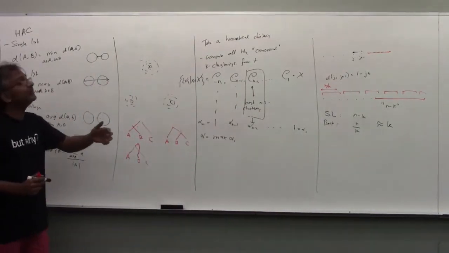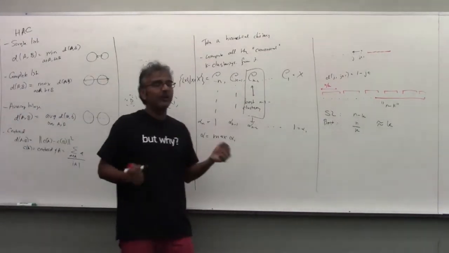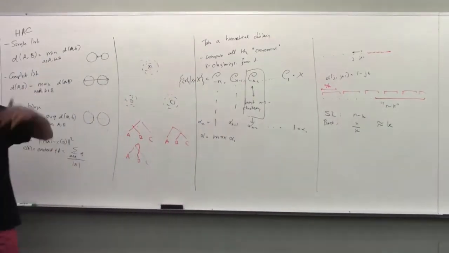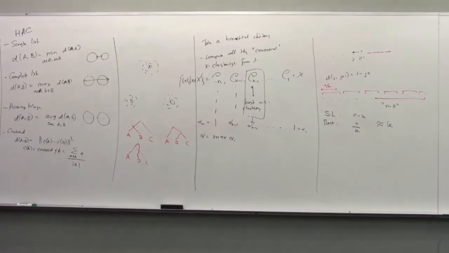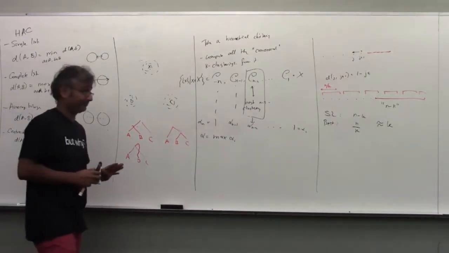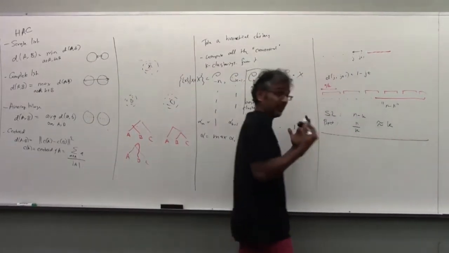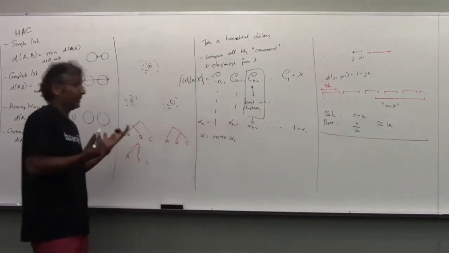So in other words, you can be a factor of k away from the best possible answer. And this is bad because as k changes, your ratio changes as well. It's not even a constant factor. It's a factor that changes with k. So single link is terrible, okay? In terms of actually extracting something of quality under some